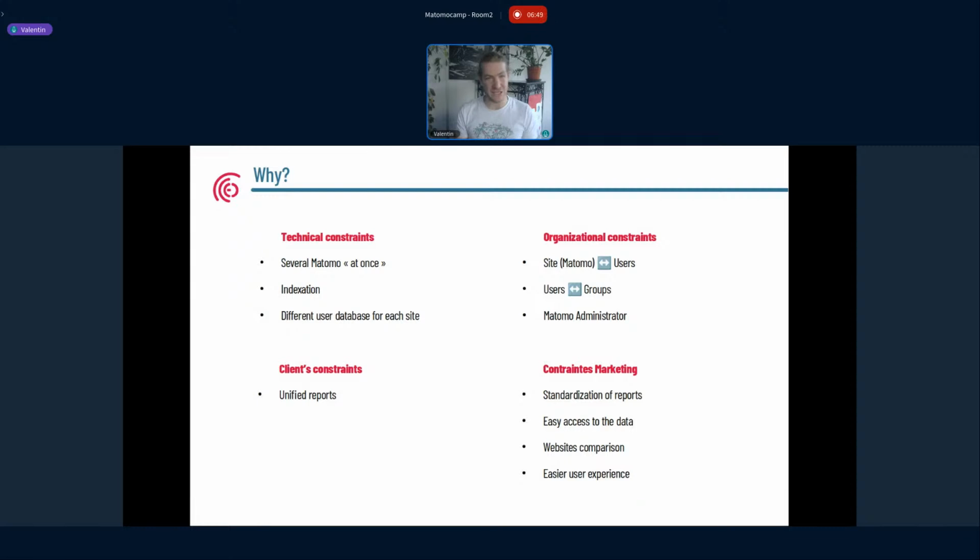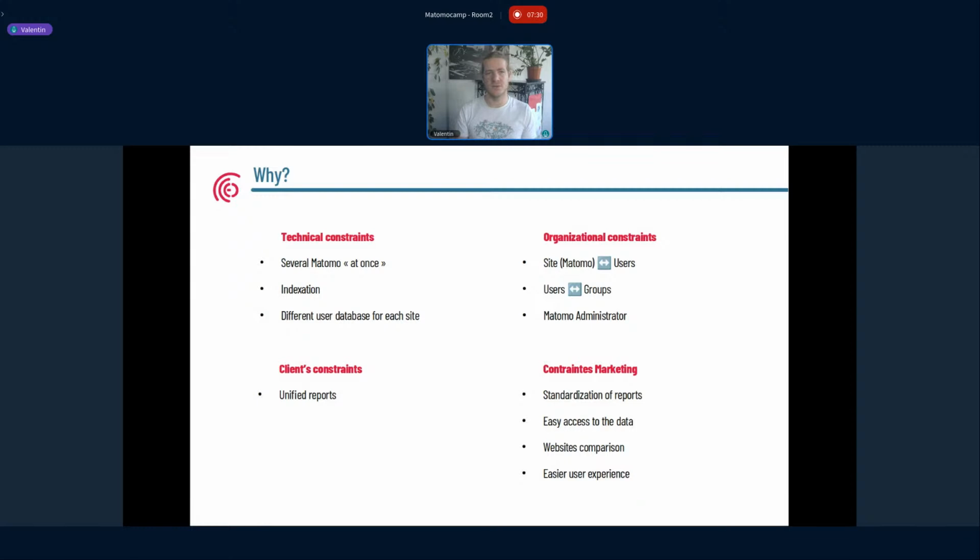There are organizational constraints. Sorry for my English. Because every user or many users can access different sites in Matomo. When I say site, it is in the Matomo environment. For example, if a user manages 5 or 6 sites, you have to give access to them, and because you have several Matomo instances, you have to create these users on every Matomo instance.